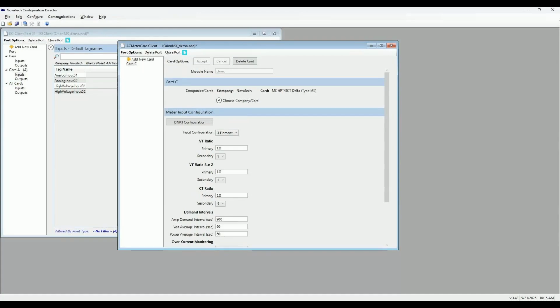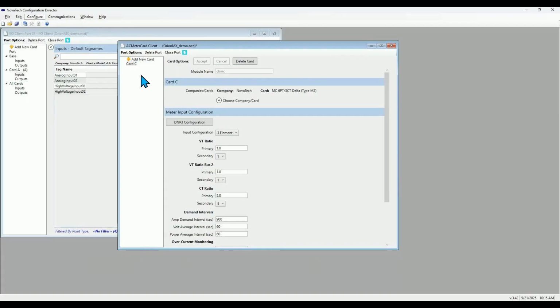He also mentioned the E1 Ethernet card, but that Ethernet card is not something we configure in NCD. It's actually just, it populates as additional networking ports that you can configure through the Web UI's network settings screen. So now the Orion IO, the analog output card, I'm going to go ahead and open up just an